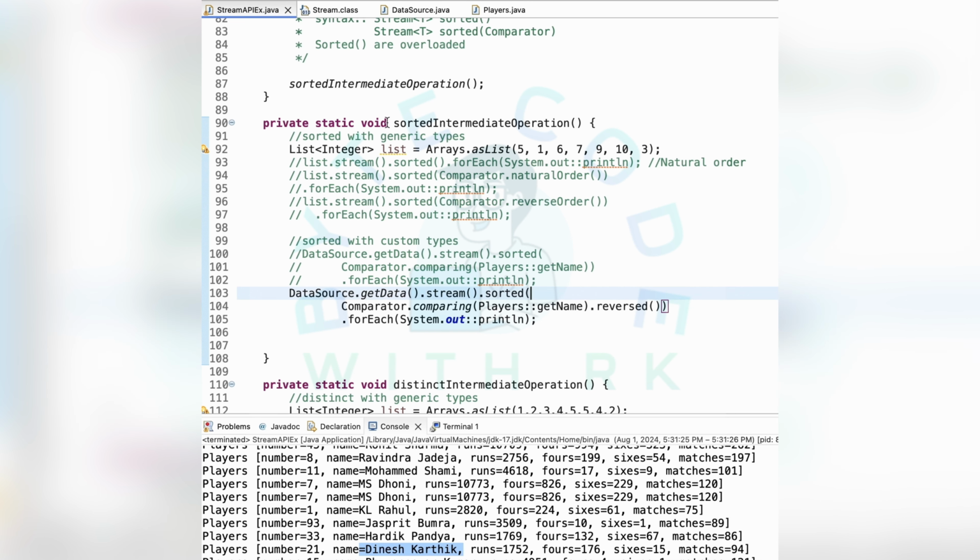Custom type. Okay, I need to print the data. I am using sysout, data source dot get data to get the list of players dot stream dot map. I need to get the map, and here map is used to transform the data. e dot get name, and then I am applying allMatch. So allMatch is the function which takes a predicate as an argument, and the predicate internally takes a single input and returns a boolean value. So I am taking a single input as e